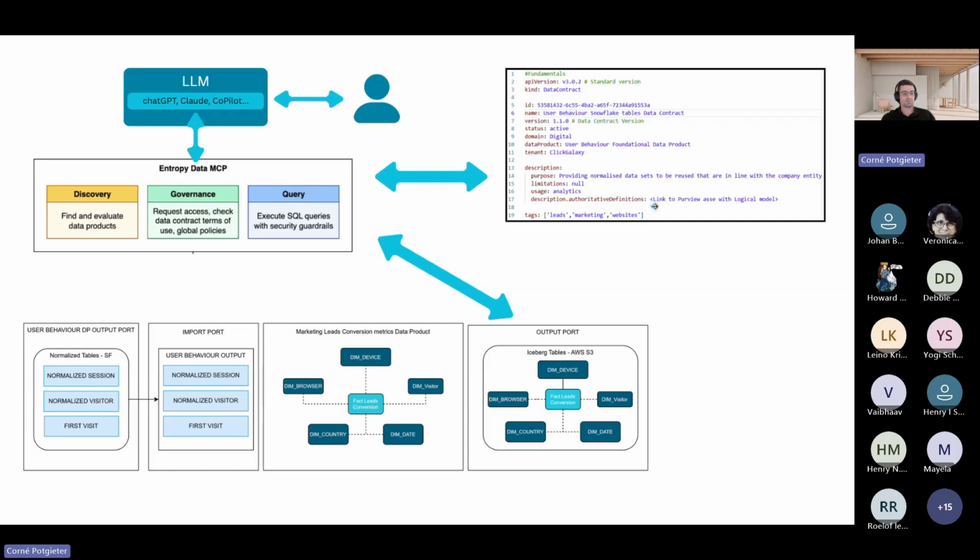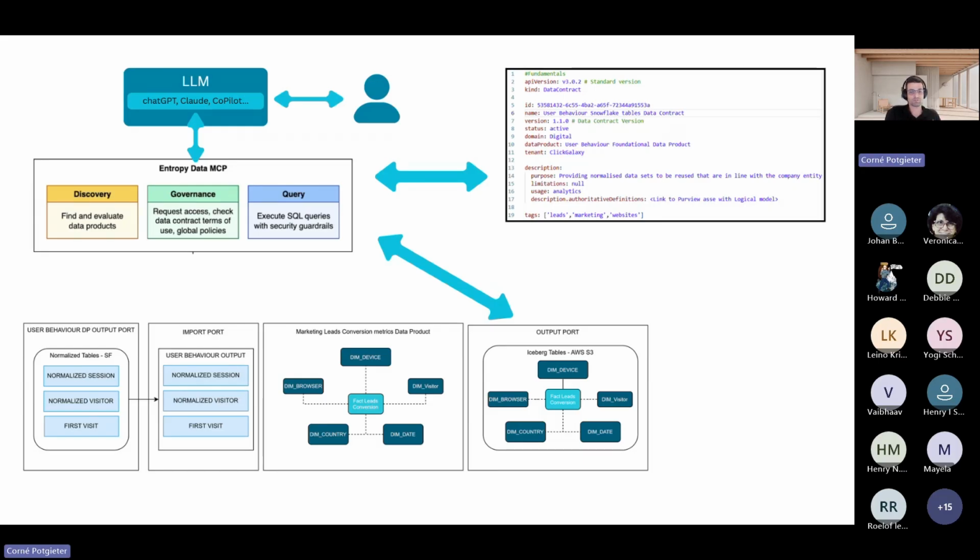So I believe if you have rich metadata about your assets, your large language models and other AI components, for example agents interacting with your data, will be able to have sufficient context.